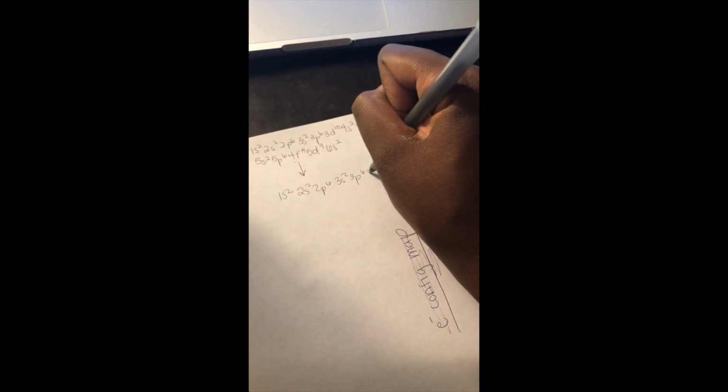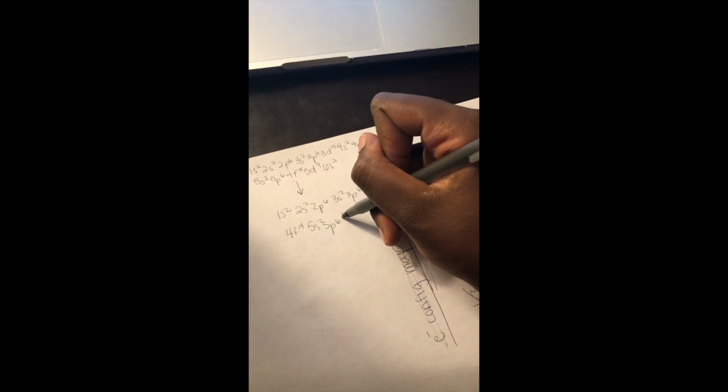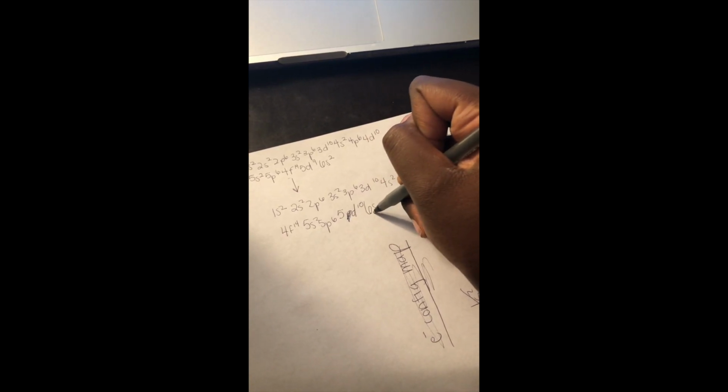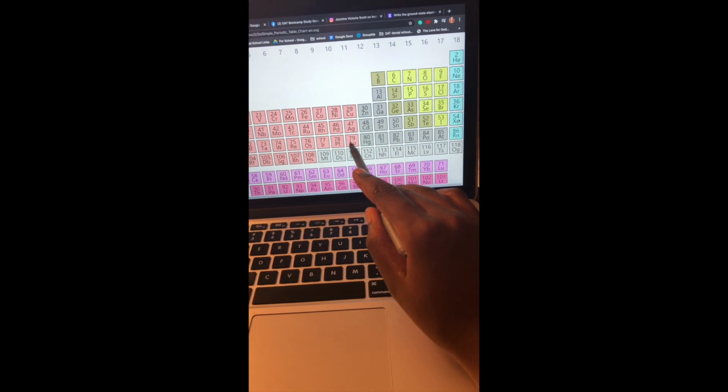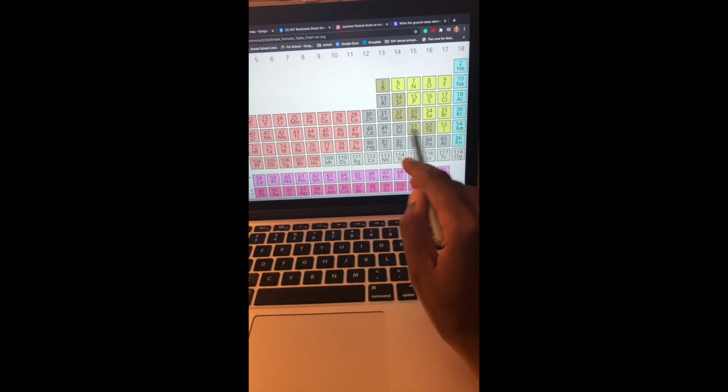1s2, 2s2, 2p6, 3s2, 3p6, 3d10, 4s2, 4p6, 4d10. I'm going to write it in order actually, so 4f14, and then 5s2, 5p6. So since we don't need any electron, this is going to be 5d10, 6s1. We can also shorthand it because we can say that gold is right here, right? So the noble gas immediately before gold is going to be xenon. So here we can shorthand it to